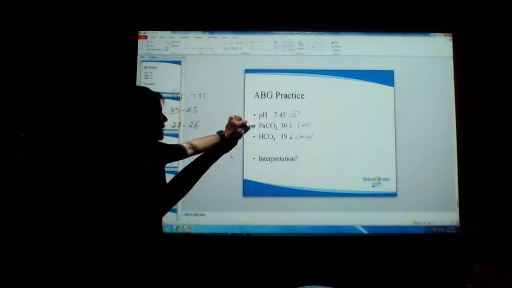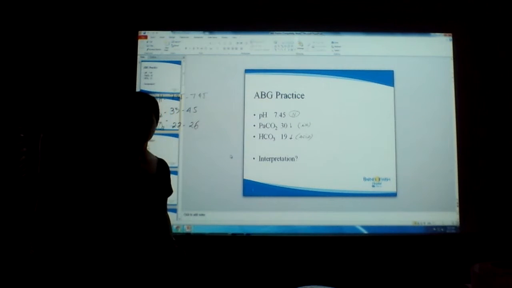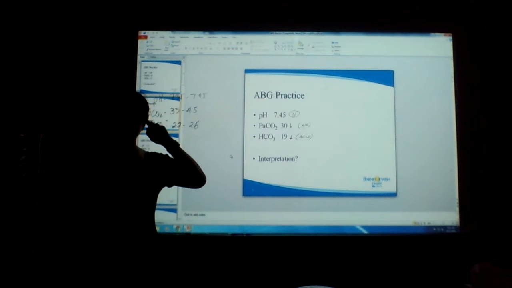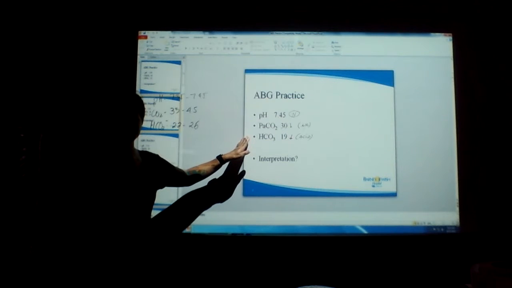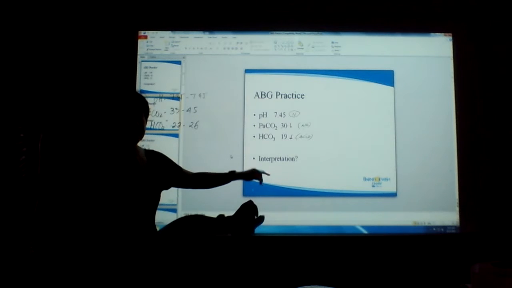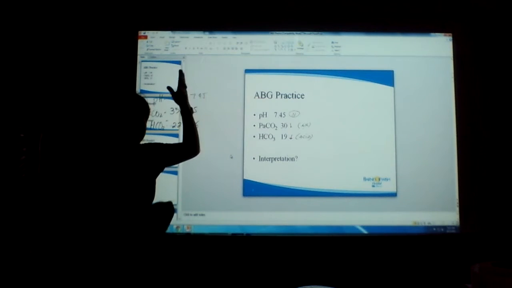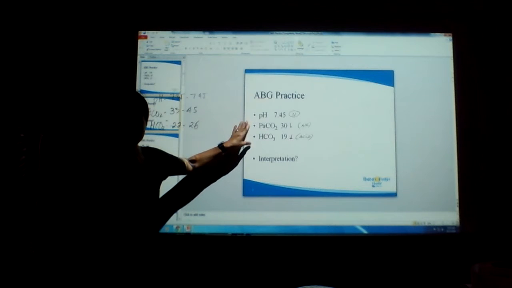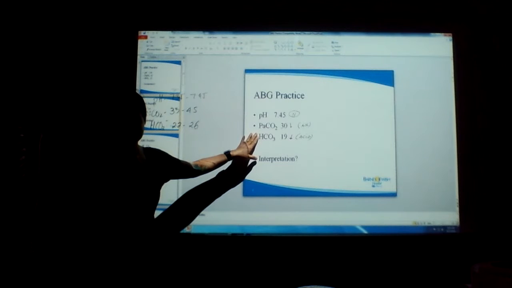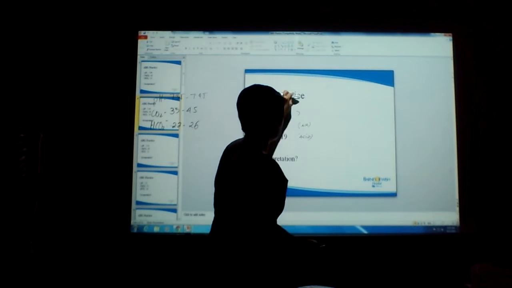Maybe, how about I can say, a 10-year-old baby comes to the hospital with diarrhea, and this is the ABG. So diarrhea, can that be a respiratory problem? No, metabolic. So I'm gonna write, and this is the ABG. So my interpretation will be metabolic acidosis compensated. It's compensated or it's normal. You understand? That's why it's easy. ABG is very easy. Okay? Let's look at the next ABG.